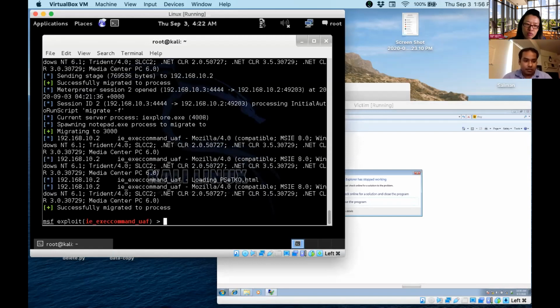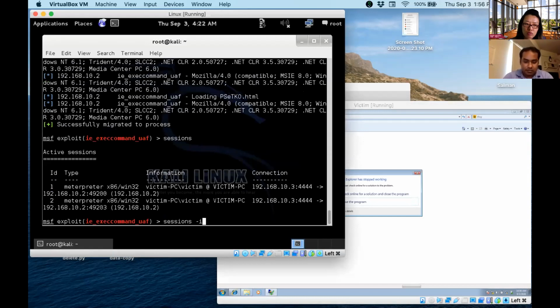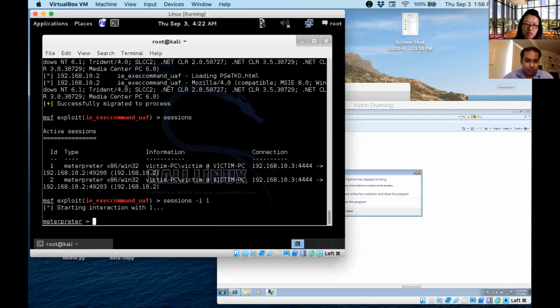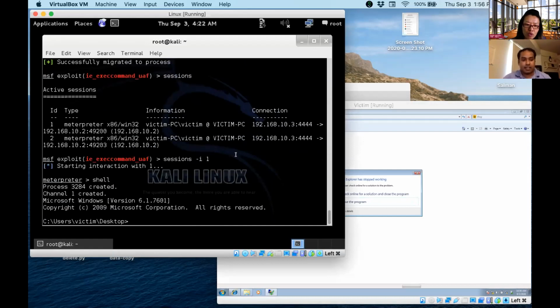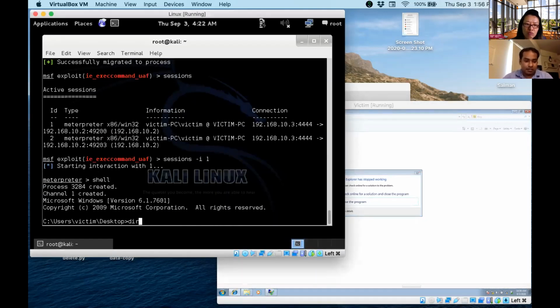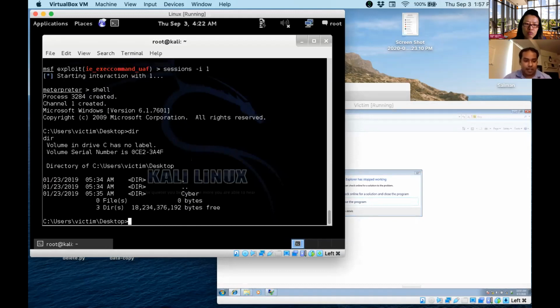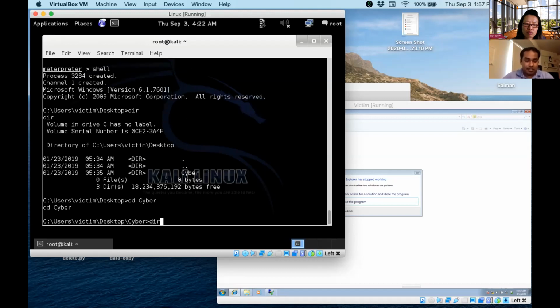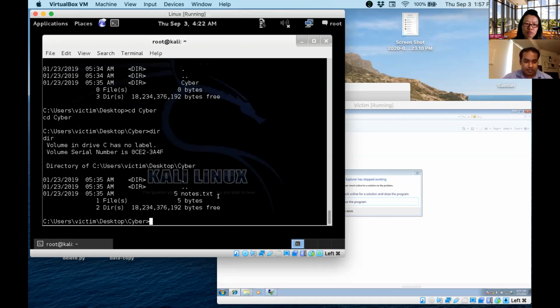Yes. So I think the background communication is done, and we see there are some sessions, the backdoor sessions here. If we use one of them and type shell, we are basically in the shell of this victim's machine. Now, if we just issue the dir command, which will show all the files in the desktop folder, we see the cyber folder here. If we go into the cyber folder and issue the dir command, we'll see the node.txt file, and if we just use type, which is equivalent to the cat command in Linux,